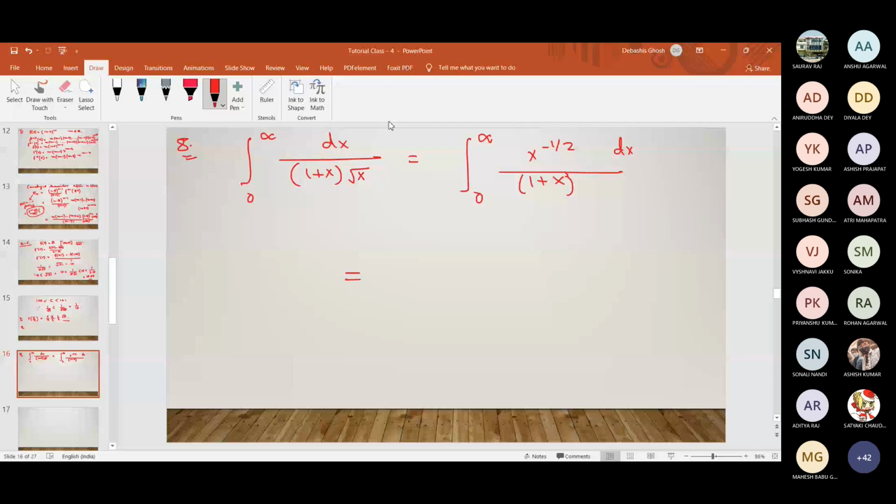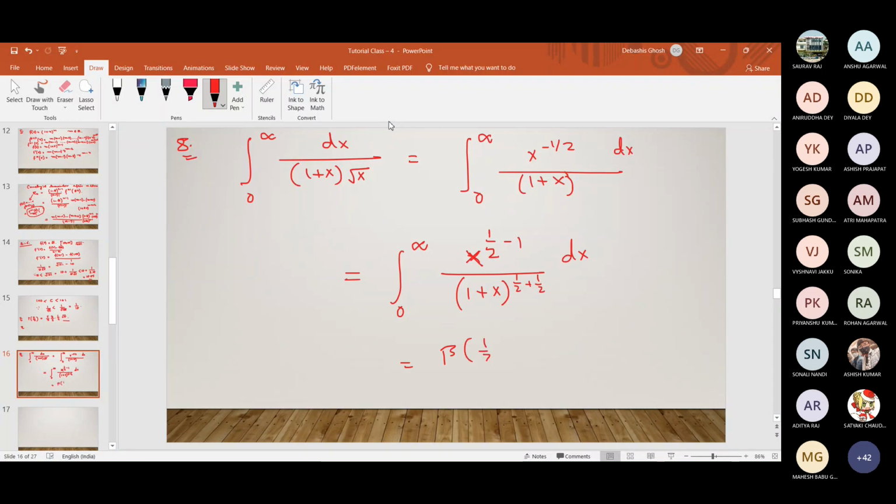x to the power n minus 1 or m minus 1. So that can be written as 3 by 2, half minus 1. You can write half minus 1, that gives you minus half, divided by 1 plus x. So that means we can write 1 plus x to the power, if m is half and we have to bring it that 1, so half plus half, dx. That comes to your beta function,